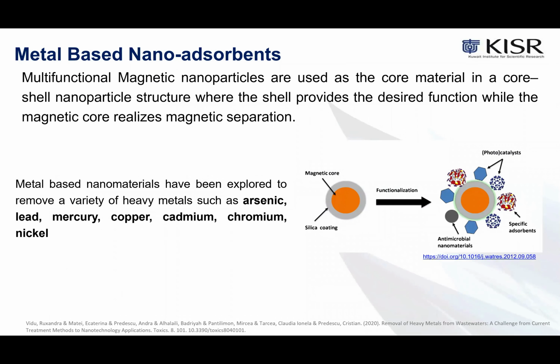Second, we have a metal-based nanoadsorbent. We have here something we call a core and a shell. So the core will be made of a magnetic material and the shell made of silica, which is silicon oxide. And this shell can be used to attract more toxic and heavy materials such as arsenic, lead, and mercury. All of these exist in the wastewater, in order to purify this water. So this is another application which is currently under development.